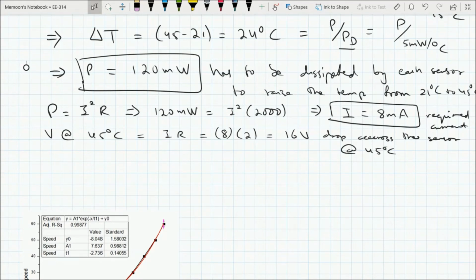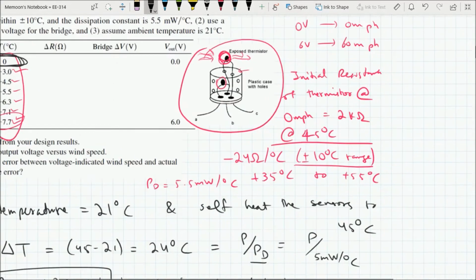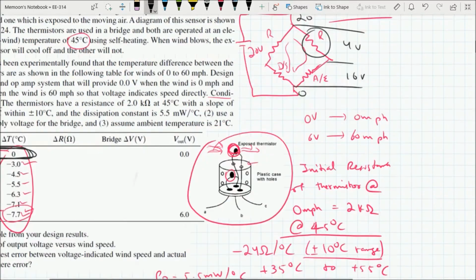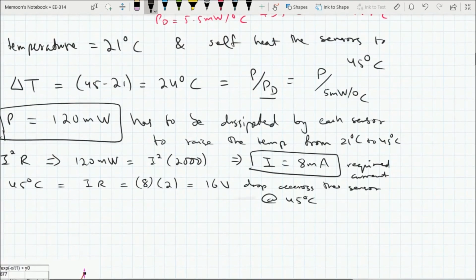That is your 0. We are also given that the power supply of the bridge circuit is 20 volts, which means that if we have a total of 20 volts and 16 volts are being dropped across the sensor, the remaining 4 volts should have to be dropped across the other resistor, and by that we can find out the value of the second resistor, this resistor. So here we have 16 volts and here we have 4 volts, and we know that this voltage is 20 volts. So we can easily find the resistance of this fixed resistor.